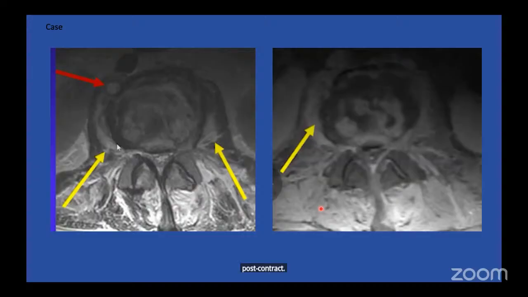Post contrast, I see just some areas of high signal intensity as well. T1 and the T2. So with these findings of abnormal signal intensity, likely fluid collection